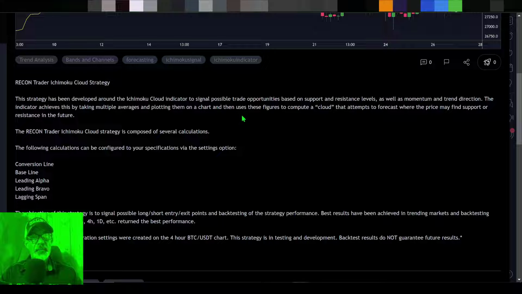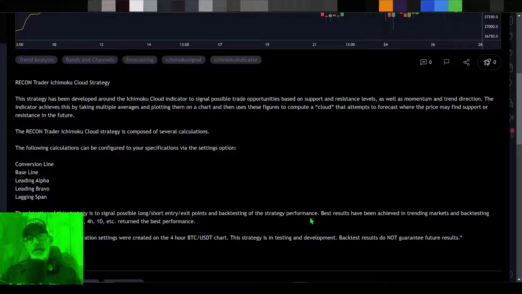But I did add a couple more weapons to this indicator. It's not just Ichimoku cloud straight up. I added a couple other moving average calculations in order to come up with this strategy. And so this strategy is composed of several different calculations, and you can configure a few of those different calculations to meet your trading strategy. And you can basically adjust the conversion line, the baseline, leading alpha, leading bravo, and lagging span. And so I do recommend test firing a few different configurations of these calculations to dial in your best possible